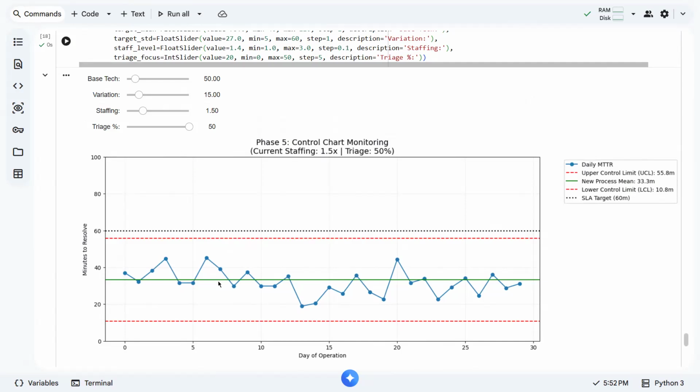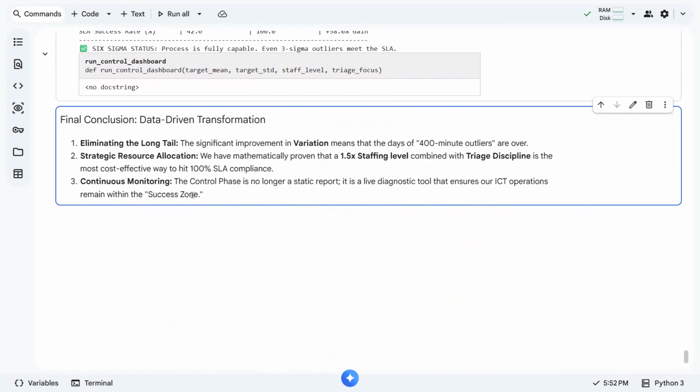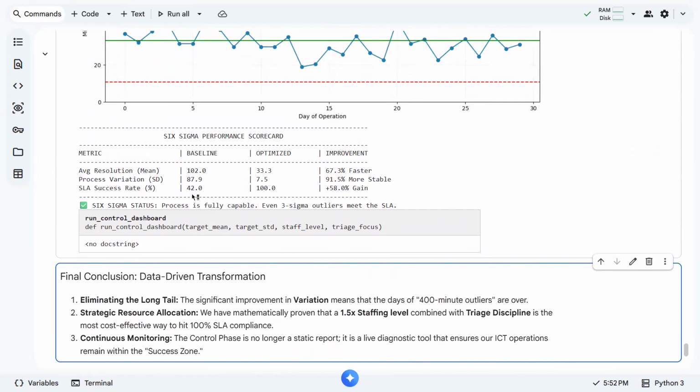What could be the effect of doing some improvements in this variable, or this one, or a combination of any configurations that we have here.